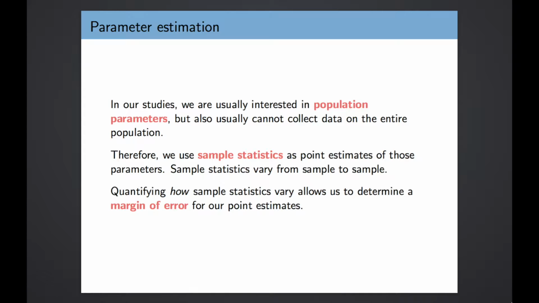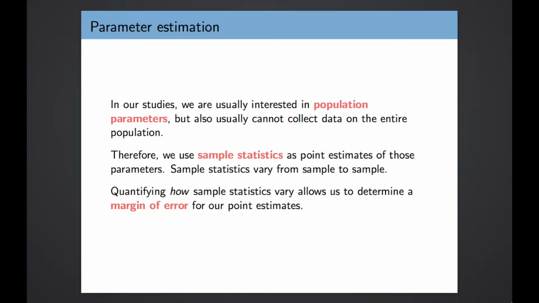Depending on the sample we take, those sample statistics are going to be different. If I take two different samples, those samples are going to be made up of different observations. They're going to look different from one another. The mean of one is going to be different from the mean of the other. Their standard deviations are going to be different. And one of those samples might have extreme outliers and the other sample doesn't, things like that. So sample statistics are going to vary from sample to sample because those samples look different from one another. We want to quantify how those sample statistics vary, how much they vary, how different samples are going to look from one another as we try to determine a margin of error around our point estimates.